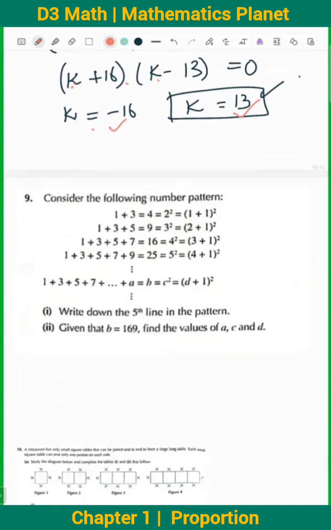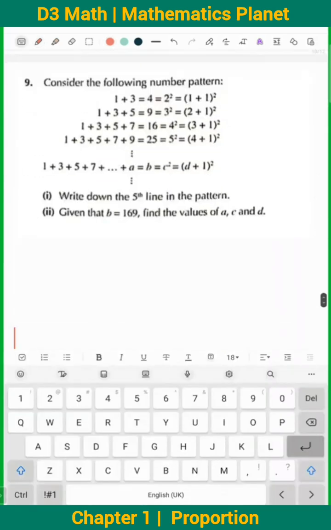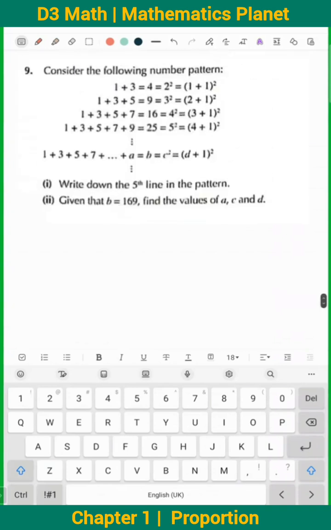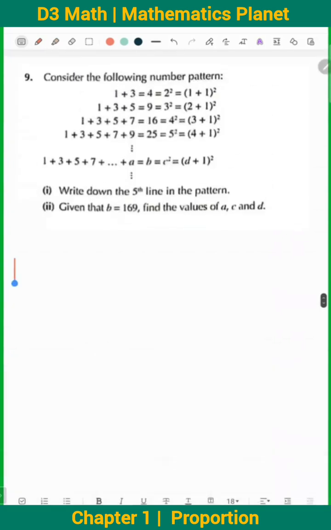Okay. Consider the following pattern. Okay. So now they're saying this is a pattern given, and the question is write down the fifth line in the pattern. So 1, 2, 3, 4. What will be the fifth line? 2 square, 3 square, 4 square, 5 square. It means 6 square, which is equal to